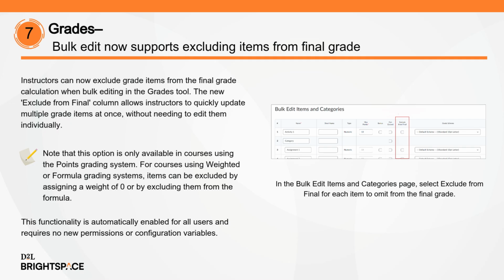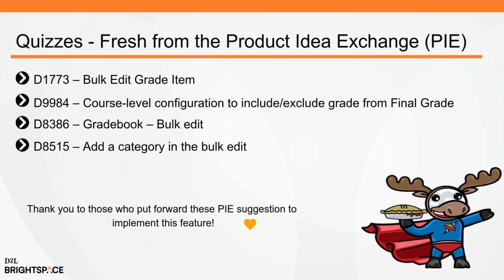For courses using weighted or formula grading systems, items can be excluded by assigning a weight of 0 or by excluding them from the formula. This feature is available to all clients and is automatically enabled for all users, with no new configuration variables or permissions required. This feature implements the following PI items: